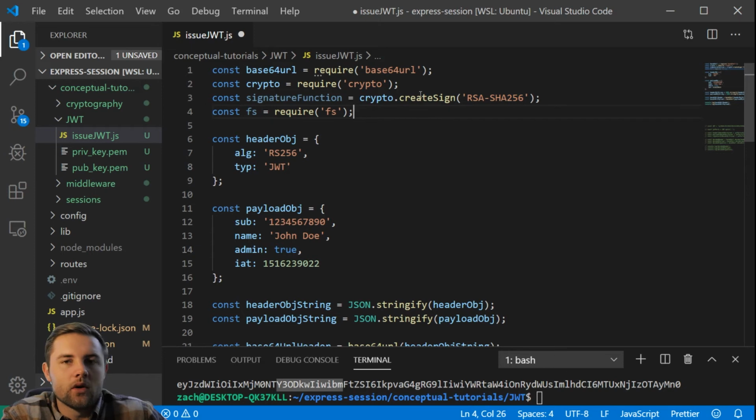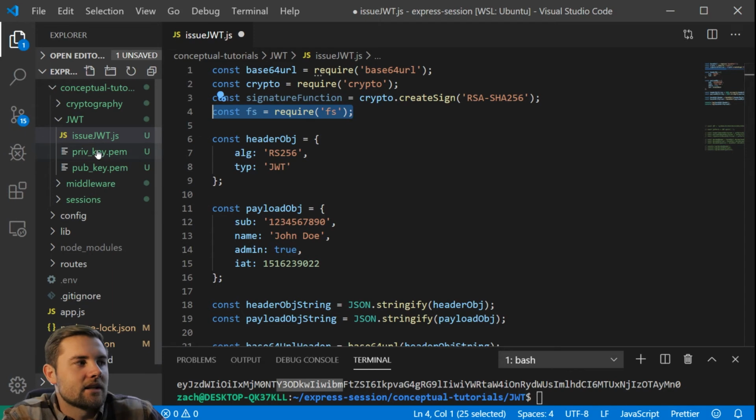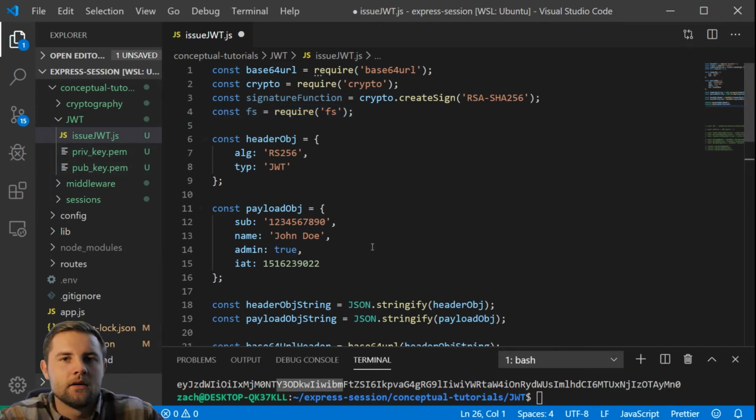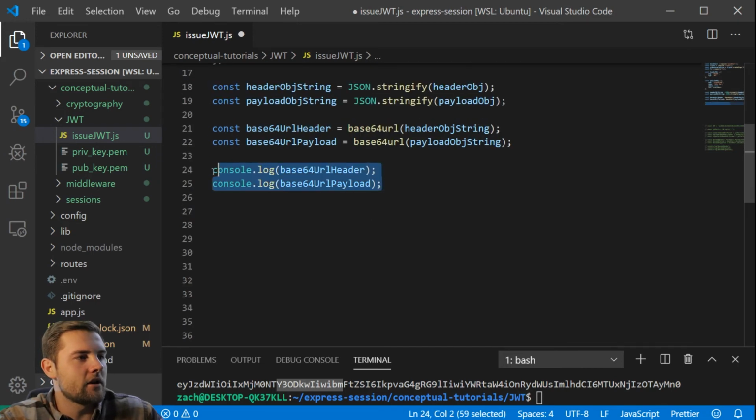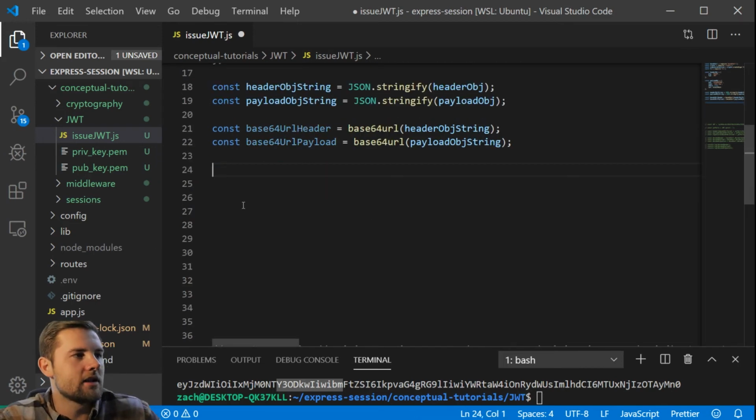So this is going to allow us to sign the JWT using this specific algorithm. And then we need the file system from the Node.js framework so that we can access the private and public key that we have saved in this current directory. Now that we have our imports, let's come down here, get rid of these console logs, and we're going to